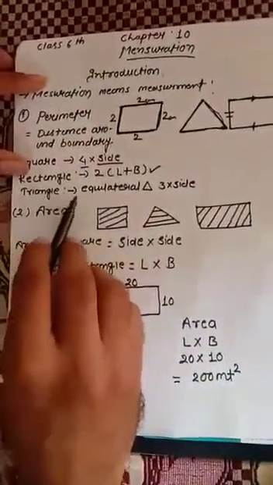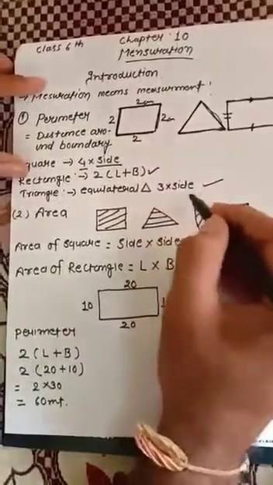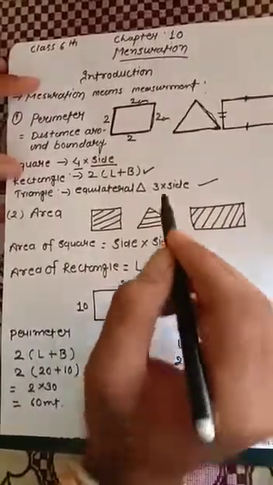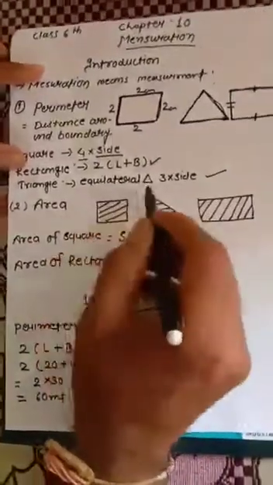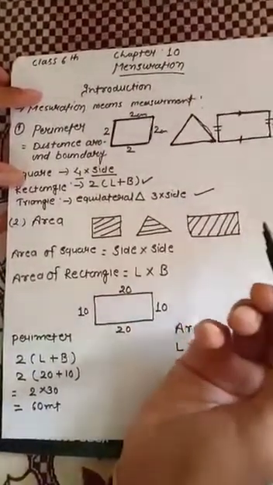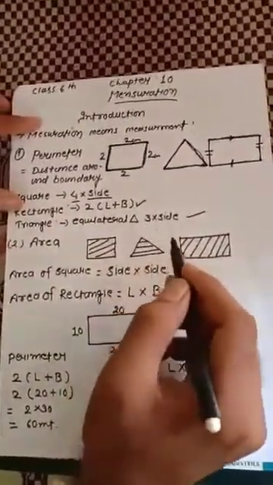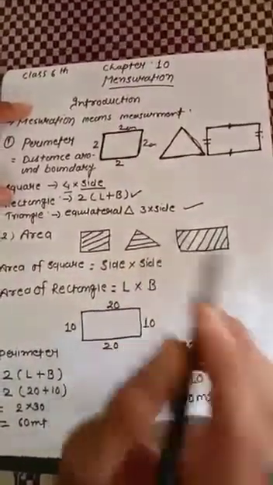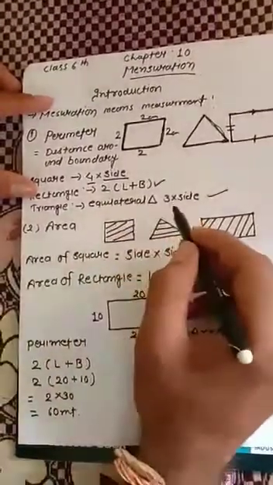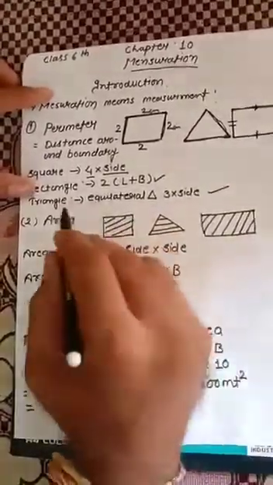Similarly, if you want to find out the perimeter of a triangle, only for the equilateral triangle we can say that this formula is working, that 3 into side. Why? Because equilateral triangle is the only triangle having same sides. That means all the sides of the triangle are equal, that is equilateral triangle. But apart from the equilateral triangle, there are some different types of triangles also, scalene and some other triangles which do not have same size in their sides. So at that time we'll work on the basis of sum of all the sides. But here we can say that if you want to find out the perimeter of an equilateral triangle, you can say that 3 should be multiplied with the side. So this will be the perimeter for triangle.